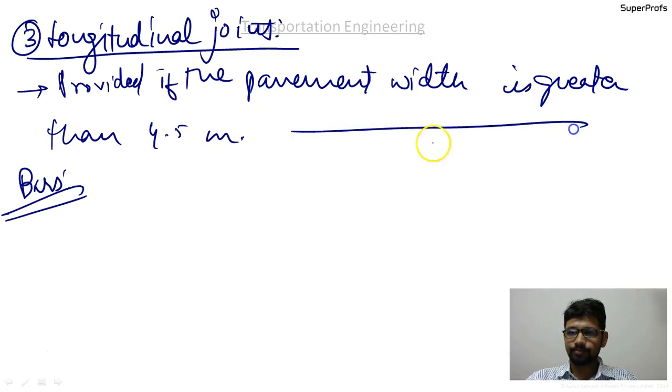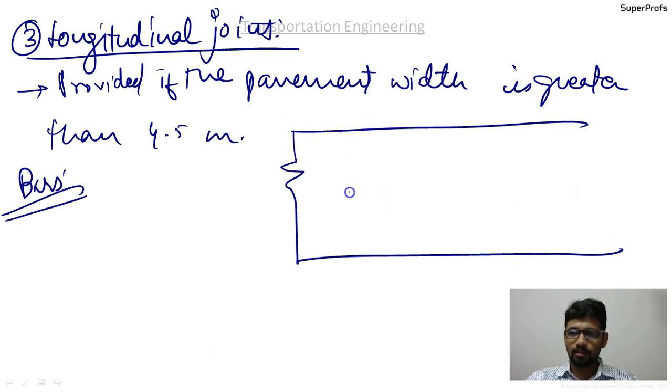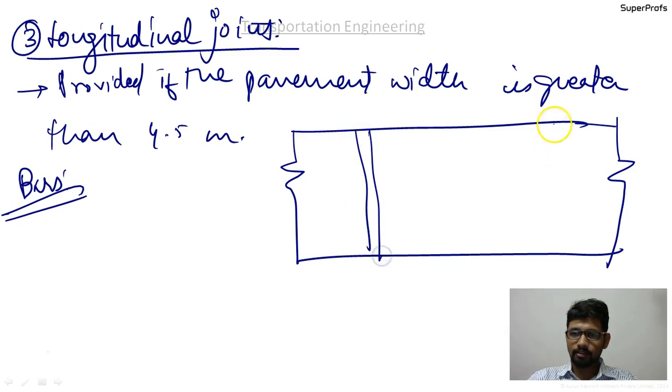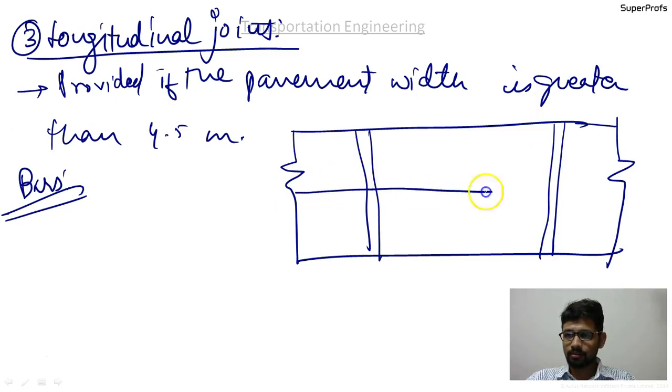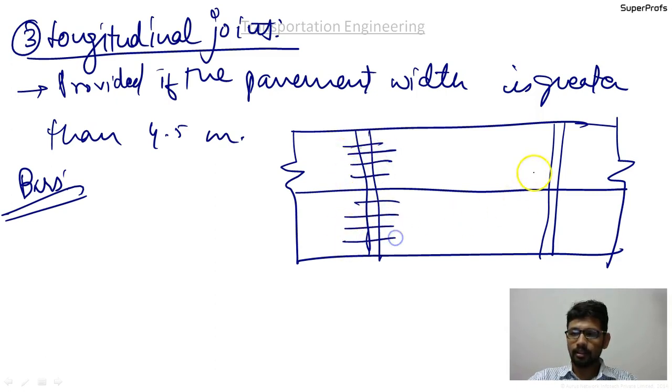So suppose this is the RCC road, then there will be expansion joints like this. Just please bear with my diagrams, this is quite a different mode, so the diagrams are not that good. So there are dowel bars over here. This is an expansion joint, and there will be dowel bars over here like this. In the expansion joints, there will be dowel bars, and also there will be mastic pads. And this is the longitudinal joint.